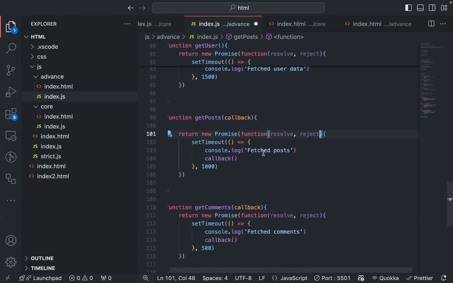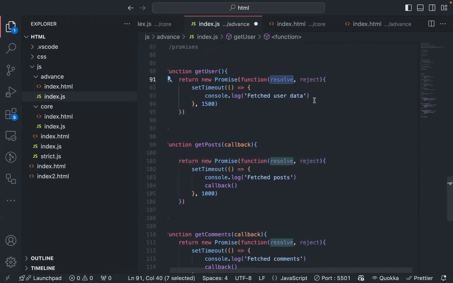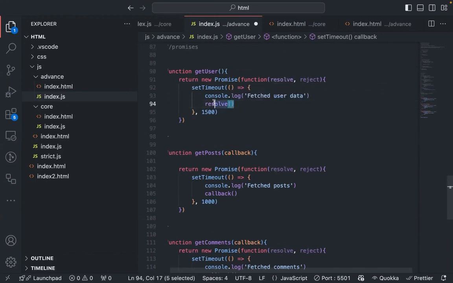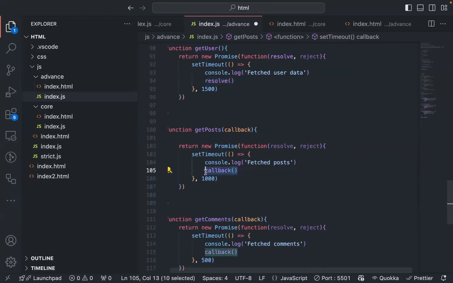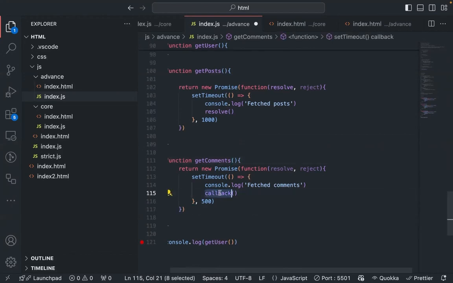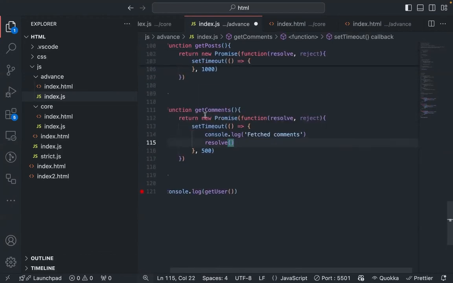So after fetching the user data, let's say we resolve this. Okay. Don't worry about this syntax. The syntax we will cover in detail. But for now, we are trying to understand how people move from callbacks to promises, right? So now what we will do is we will just say getUser,